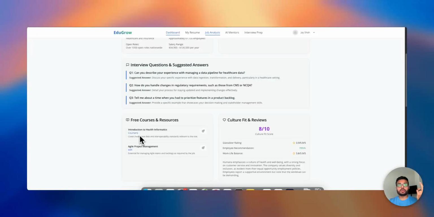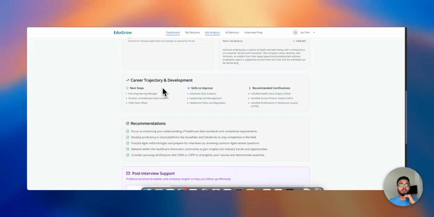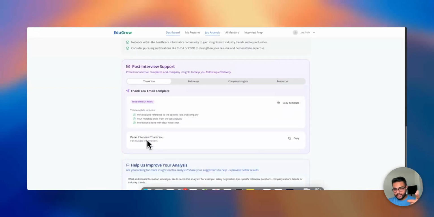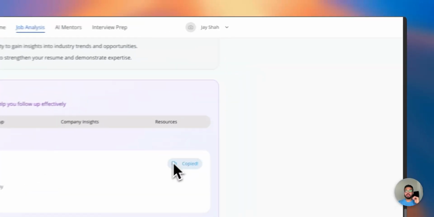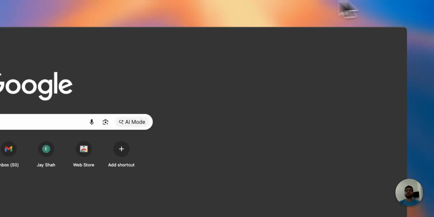Then it gives you free courses based on some of the skill sets that you don't have, so you can go ahead and take them. And then some career development based on the recommended certifications and all these different recommendations. Here's the best part. You can copy this thank you email template. I'm going to go ahead and copy. I'll go into